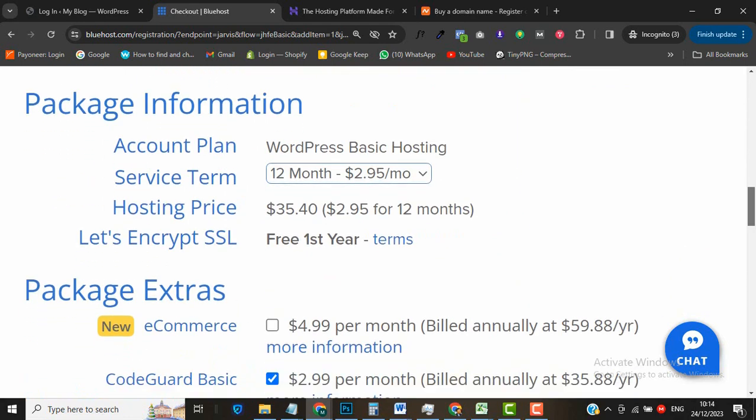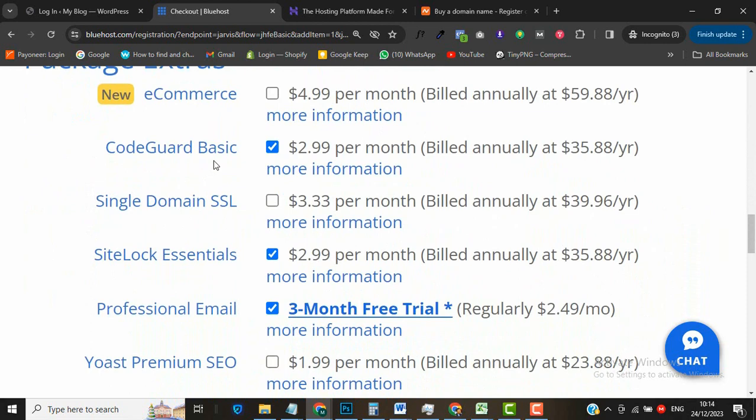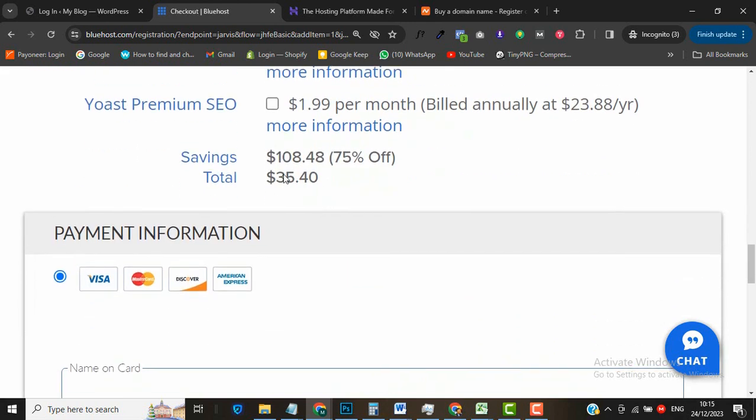Then after you've done that, you will be able to see your package information here, the plan you selected, and the service term. The package extras are also pre-selected for you. You can uncheck them if you don't want them. I don't want them, so let me uncheck everything. So now the total is